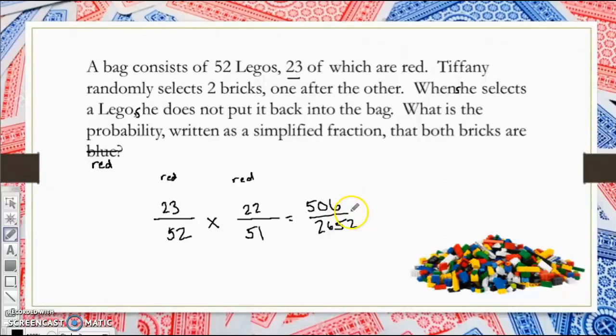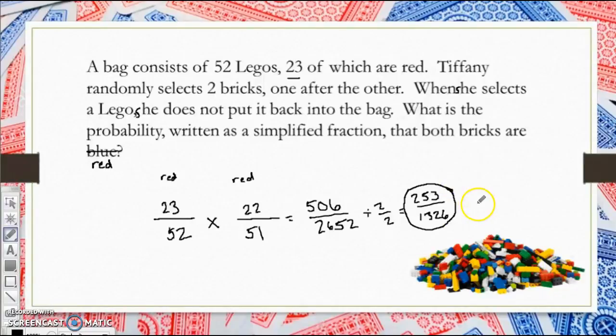Now, I struggled on this one to try and reduce this fraction, to try and simplify this fraction. The only thing that I could figure out that they had in common was 2. So if I divide by 2 over 2, I get 253 over 1,326. And I don't believe they have any factors in common. 2 won't go into 253, 3 won't go into 253, 4 won't go, 5 won't go, 6 won't go, 7. I didn't try 7. Let me try that. 253 divided by 7. That doesn't work either. So I'm pretty sure 253 is prime, and that's going to be as simplified as we can get that fraction,